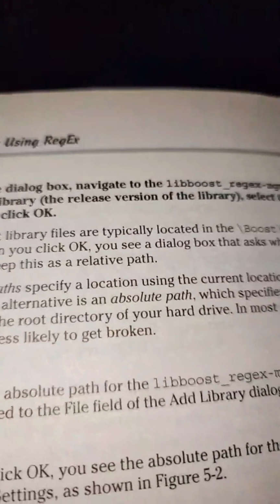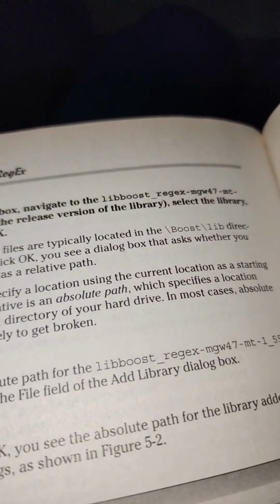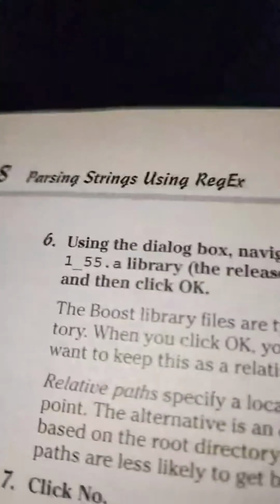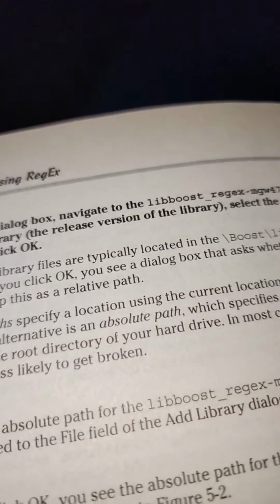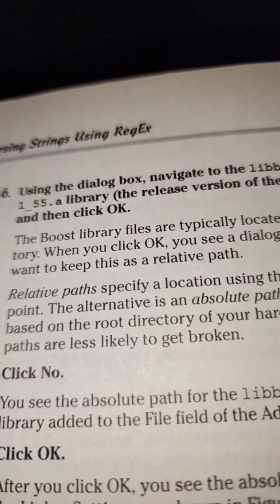6. Using the dialog box, navigate to the libboost_regex-mgw47-mt-1_55.a library, the release version of the library. Select the library and then click OK. The boost library files are typically located in the /boost/lib directory. When you click OK, you see a dialog box that asks whether you want to keep this as